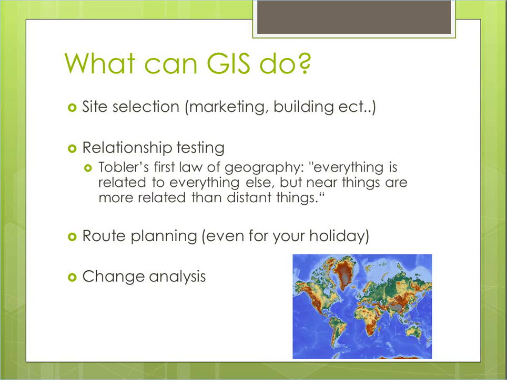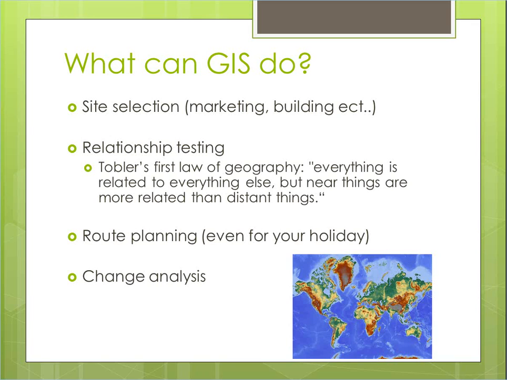And it also boils down from Tobler's first law of geography that states everything is related to everything else, but near things are more related than distant things, which basically just hints towards everything has a relationship, and we can use GIS to discover these relationships, so to speak. It can be used for route planning, even for your holiday. You might work out the most effective route to take, the cheapest route, the most scenic route,